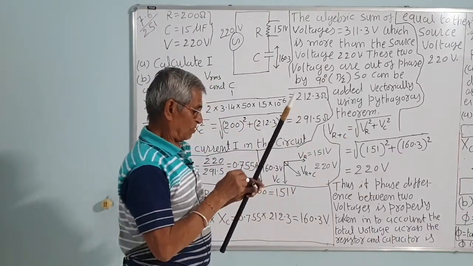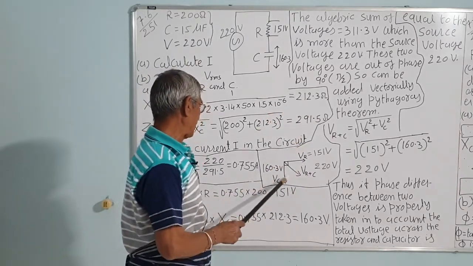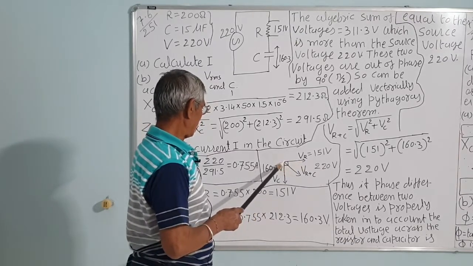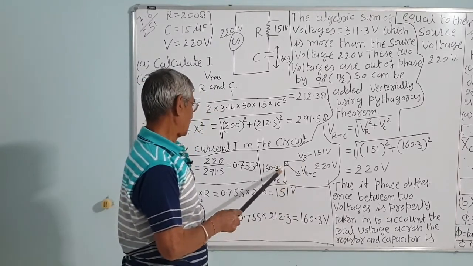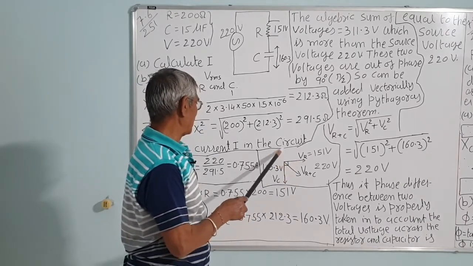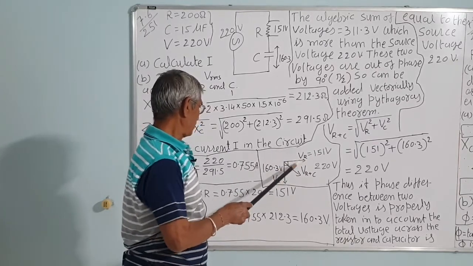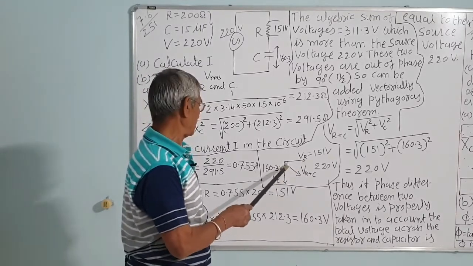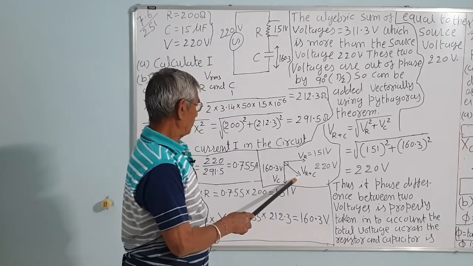correct? We know that voltage in the capacitor is lagging behind the current by 90 degrees, that is pi by 2 in phase. So voltage across resistance is in this direction, then voltage across the capacitor will be lagging behind the voltage across R. Current in the capacitor will be in the same direction. If there is a voltage across the inductor, then it will be leading, they will be out of phase by 180 degrees. Comparing the voltage across the resistor and the voltage across the capacitor, there is a 90 degree phase difference.